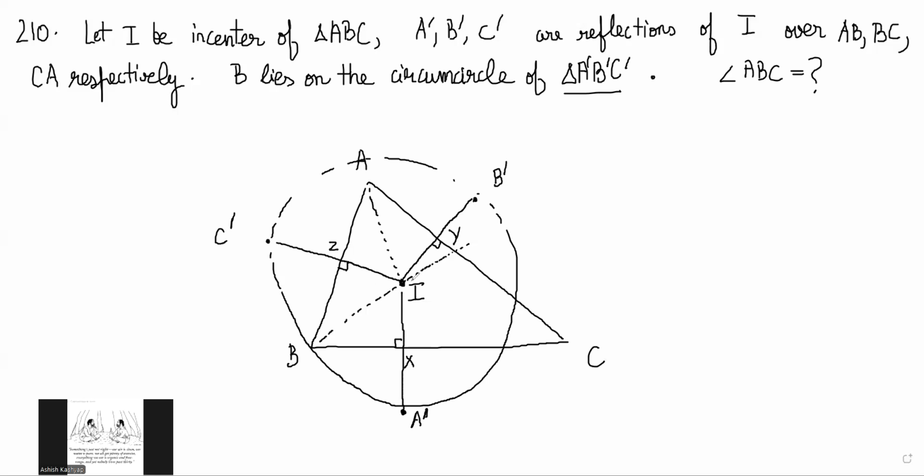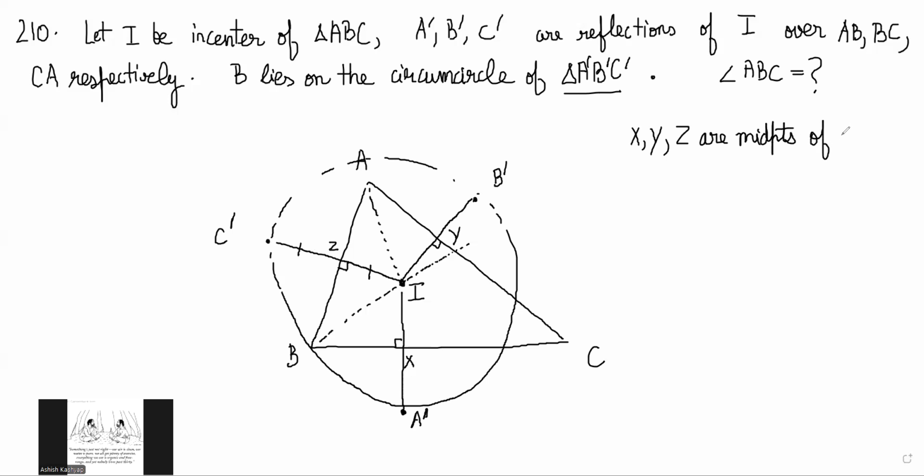Right, that is equal. We also know that the Z point is the midpoint of this, right? So we know that IC' will be 2R. Similarly, IB' will be twice the inradius. So we know immediately that IC', IB', and IA' are equal. And because X, Y, Z are midpoints